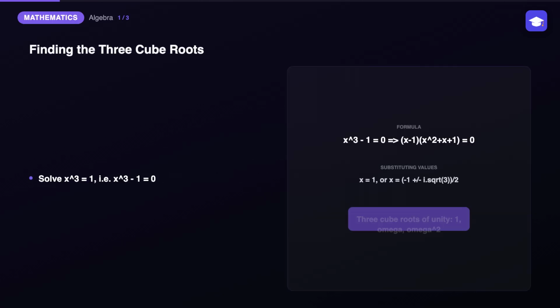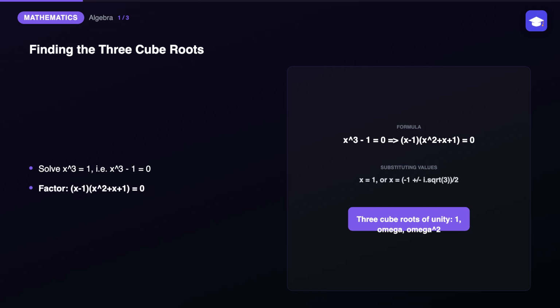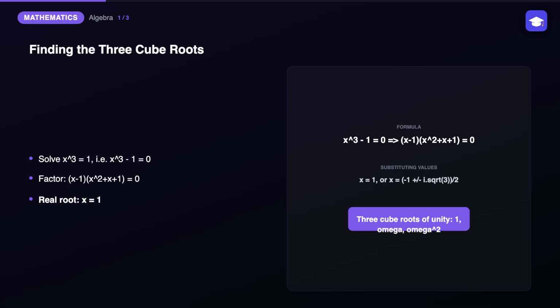Let's begin. To find the cube roots of unity, we solve the equation x cubed equals 1, or equivalently, x cubed minus 1 equals 0. Factoring this using the difference of cubes identity gives (x minus 1)(x squared plus x plus 1) equals 0. So either x equals 1 directly, or we solve the quadratic x squared plus x plus 1 equals 0